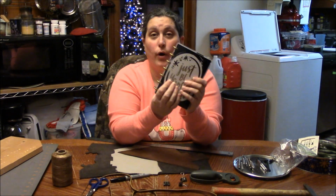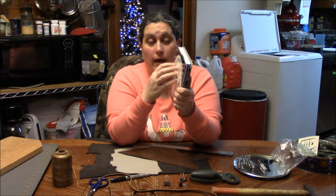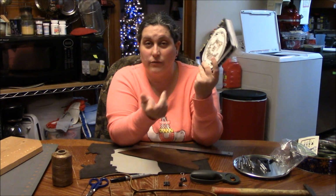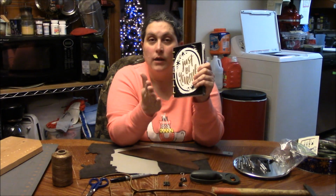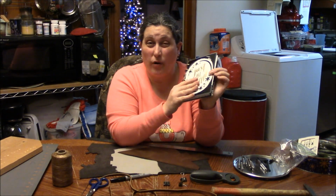Hi, today we're going to show you how we're going to make a leather cover for my purse planner. The reason we're doing this is so we won't mess up the outside, because my other planner's all scratched up and everything, and I know it doesn't matter, that's what it's for, is to keep the inside of it protected, but I want to be able to have this in my purse, and the type of purse I normally